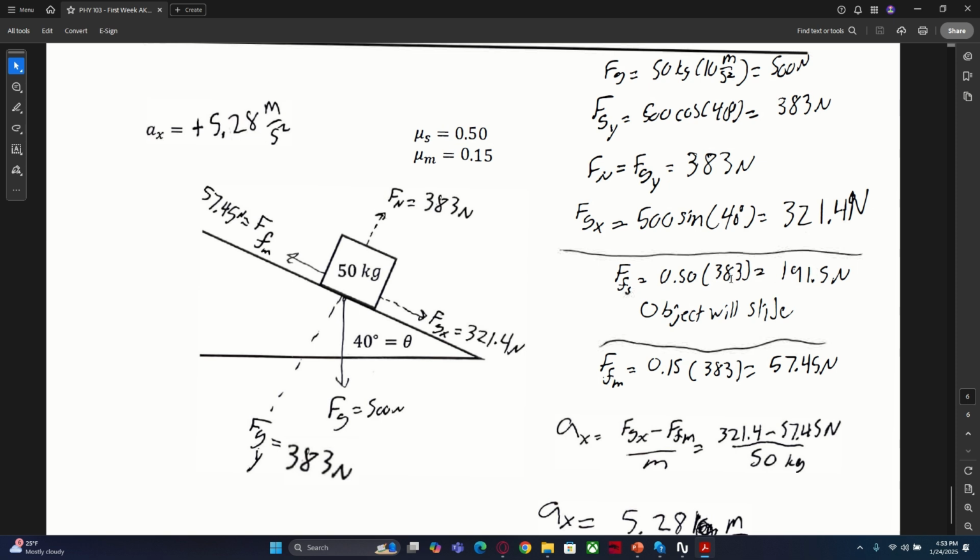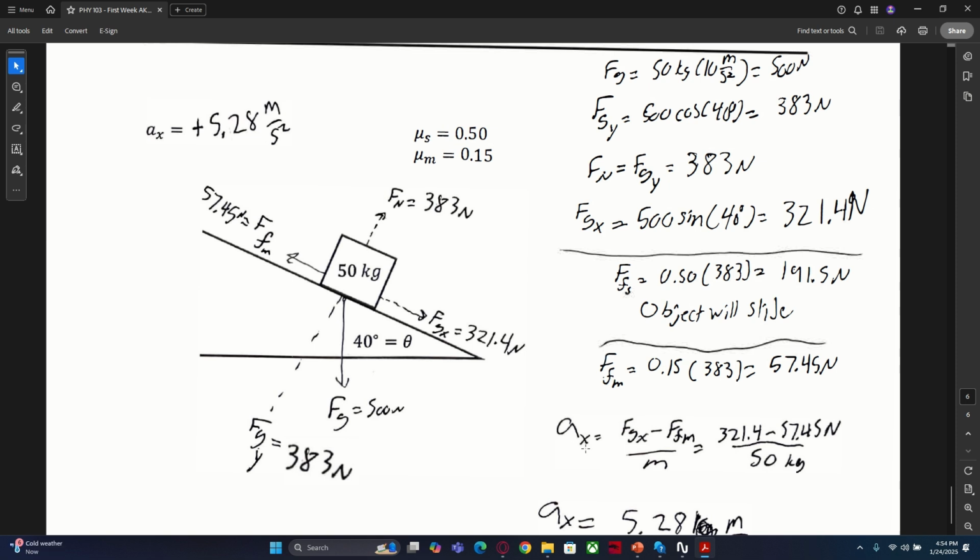321 is greater, so the object will start sliding, which means our actual force of friction will be kinetic friction or friction in motion. Therefore, we are going to calculate using the coefficient of friction in motion, 0.15, times our normal force, 383 newtons, and that gets us an answer of 57.45 newtons for friction, the direction being up our slope. Therefore,